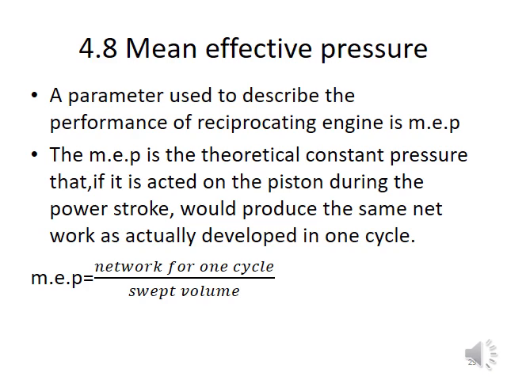In this class we learned about the diesel cycle operation and the sequence followed in the diesel cycle: 1 to 2, 2 to 3, 3 to 4, 4 to 1. 1 to 2 is an adiabatic compression, 2 to 3 is a constant pressure process, 3 to 4 is an adiabatic expansion, and 4 to 1 is a constant volume process.